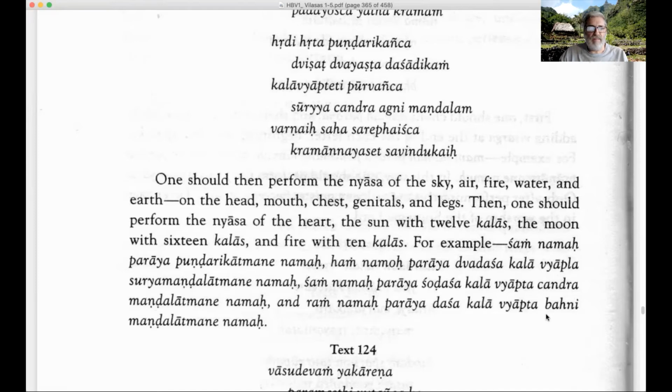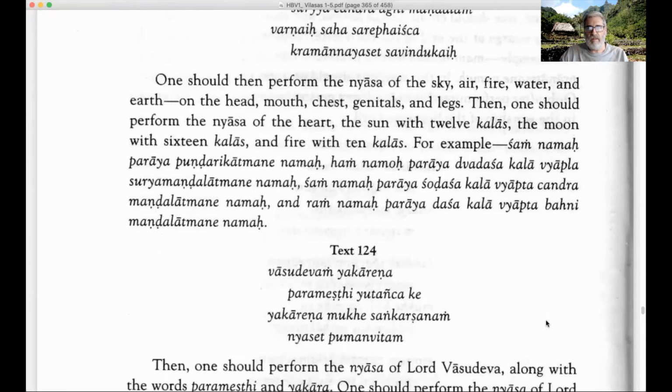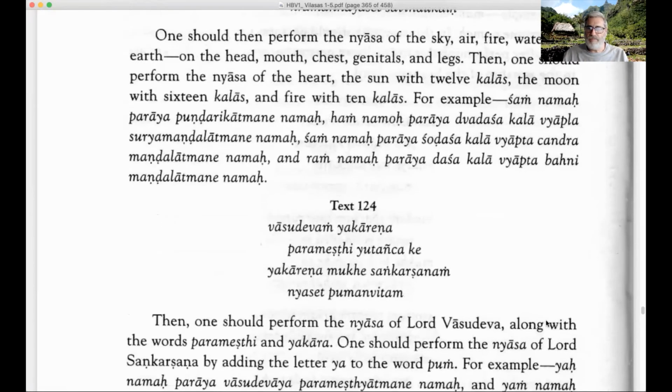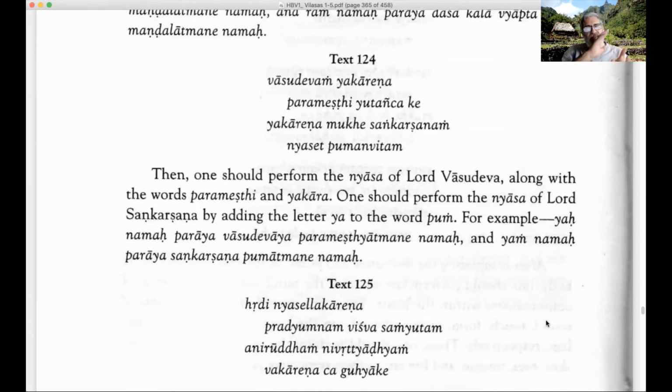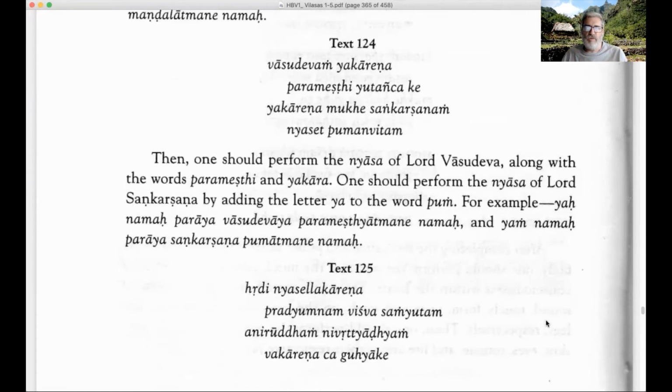Here it says Bani, but it means Vani because of the B and V being the same letter in Bengali. Okay. So we'll see how to do this exactly in a minute, but let's just go through the verses as they are, and then we're going to go to a more detailed explanation of how this is actually done. So text 124, then one should perform the nyasa of Lord Vasudeva along with the words Parameshti and Yakara.